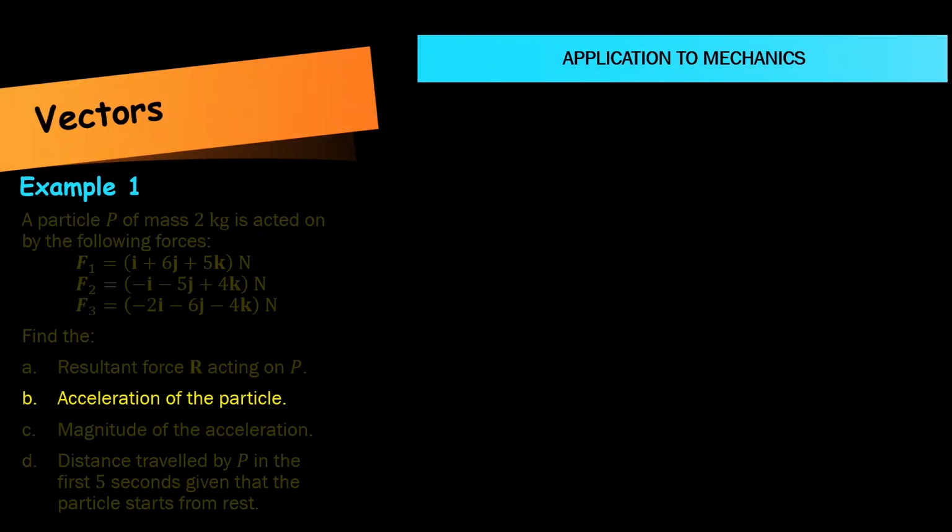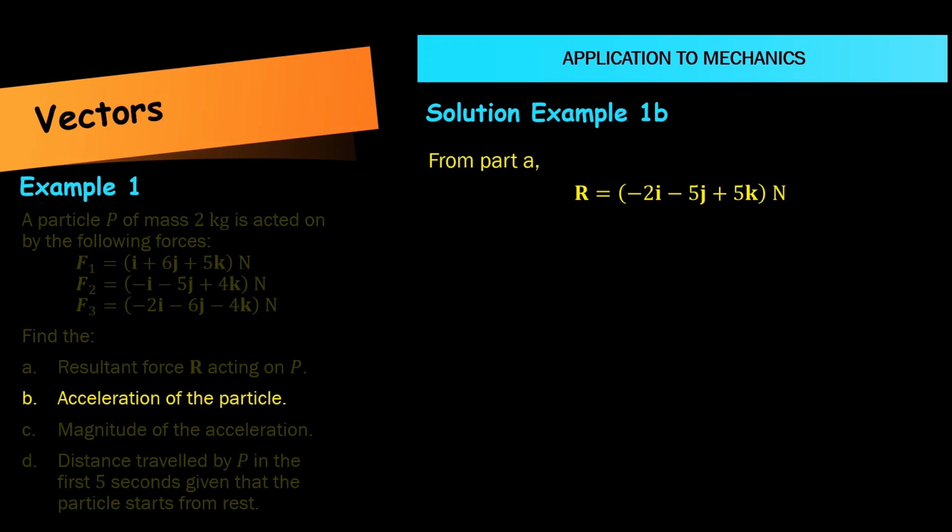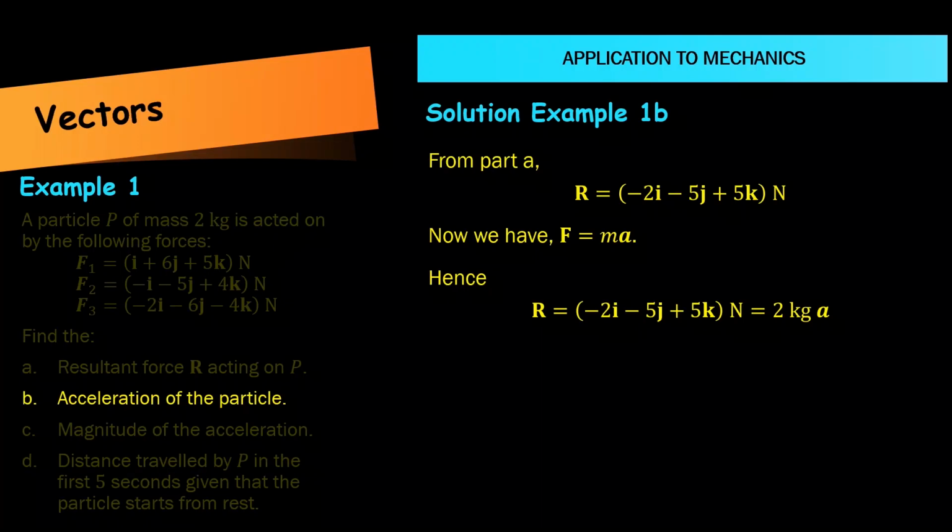Now let's have a go at part B. We are required to find the acceleration of the particle. So let's solve this. From part A, we have the value of R. We also have F equals ma, so we can apply this formula to R. And therefore,